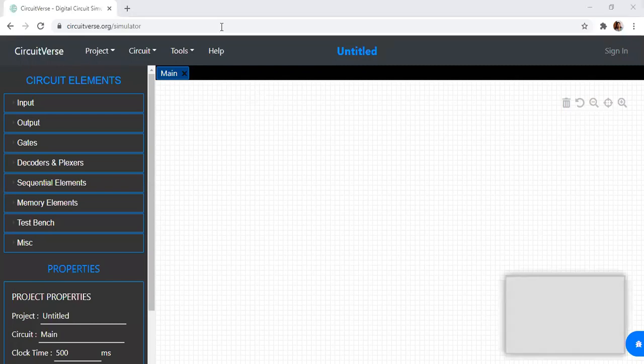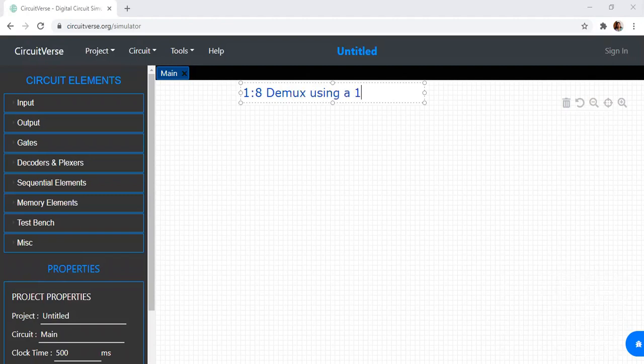Now the next thing is we'll see how to implement hierarchical architectures. Let us see how to implement 1:8 demux using a 1:4 demux, similar to how we implemented higher order multiplexers. Now clearly I have 8 outputs. Here 4 outputs are there, here 8 outputs are there. So I need two 1:4 demuxes.